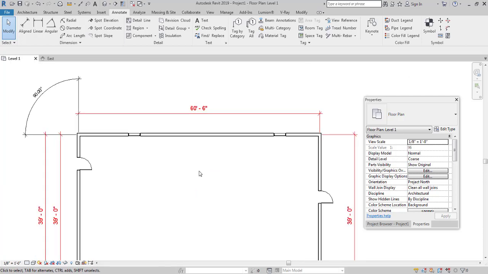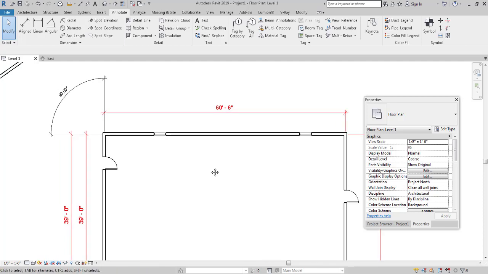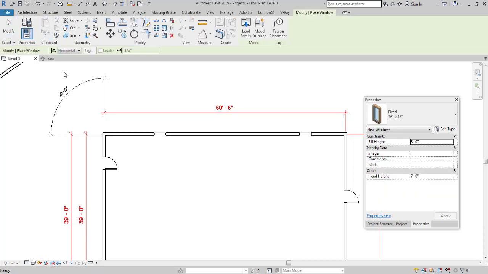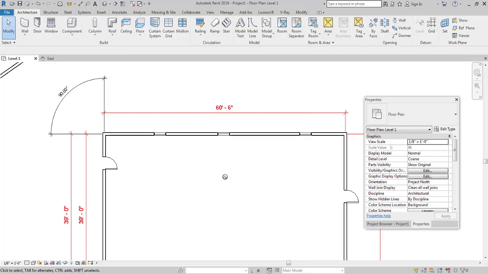Another important thing that I would like to get across is how can we make instances equal. And what I mean by that is, go to the architecture tab, select the windows, add a window here. And what I would like now is that I'd like to make these windows equidistant, that the distance between them should be equal. So how can we do that?